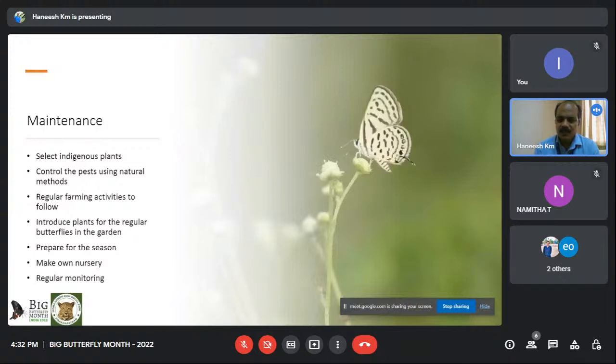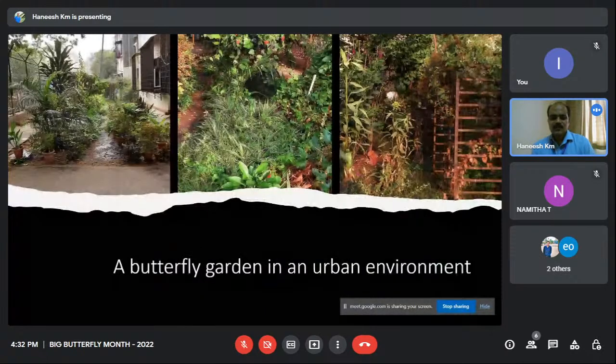Okay, and regularly monitor it. That is a very basic principle of gardening. You identify the plants, how they are growing and how well they are doing, so you regularly monitor them. Okay, so these are some examples from